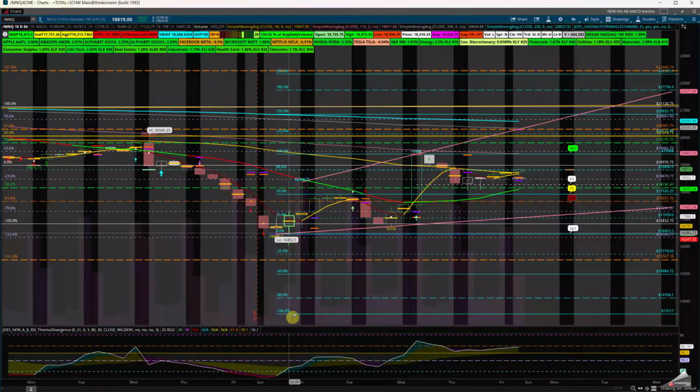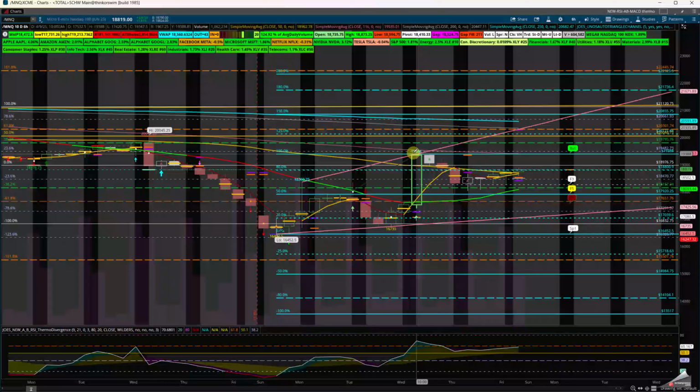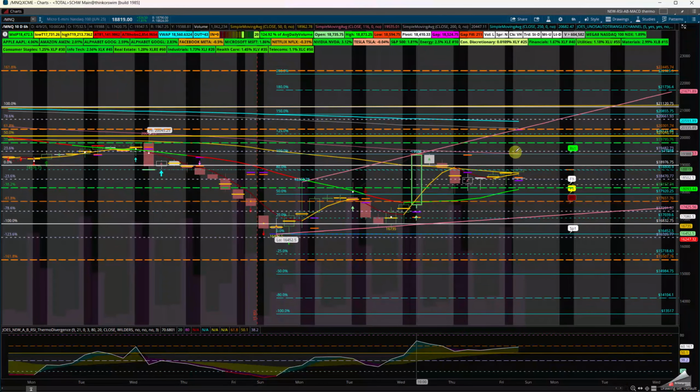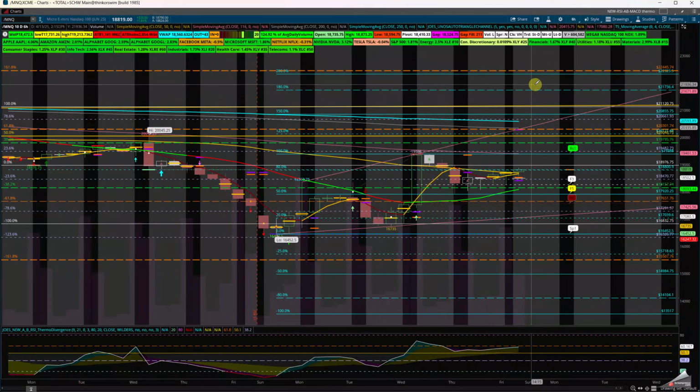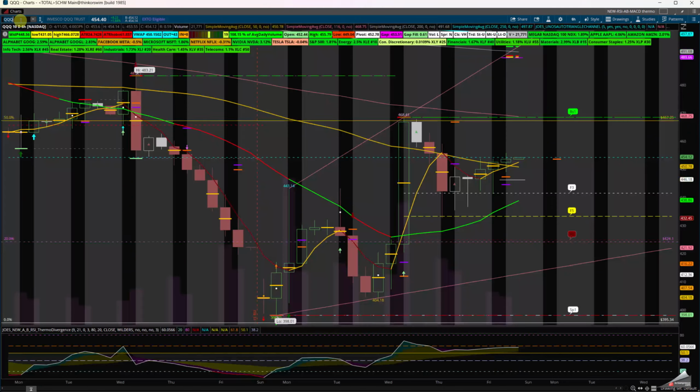So the extensions to the downside, in case I do fall and I cannot break up, I'm going to fall all the way to the backside of the 100% and minus 80, and vice versa. If I break out of this Wednesday high in this area, I'm looking for the 180% to the upside on the Nasdaq 100. I am not biased, but I can show you how to do this on the chart by itself.